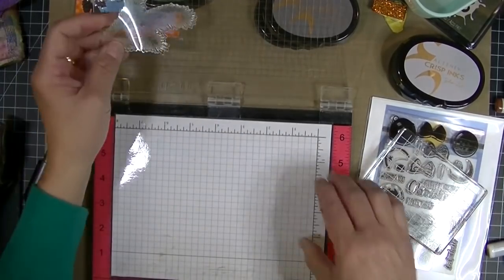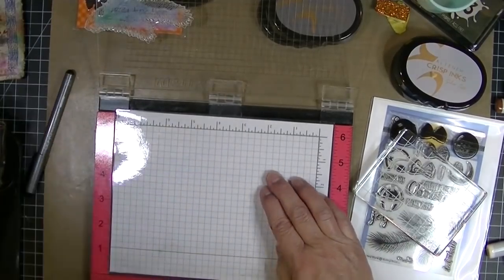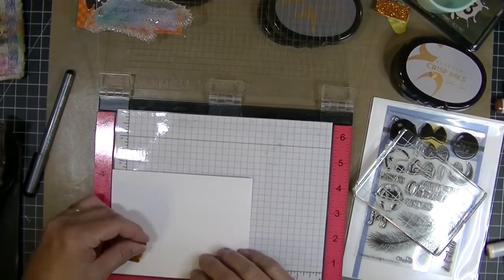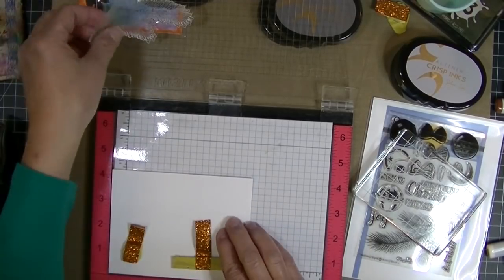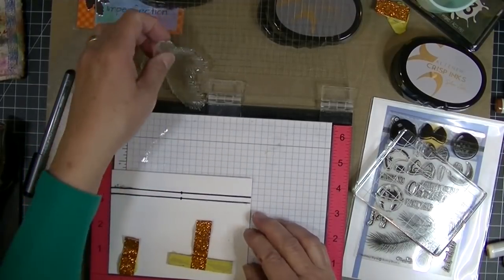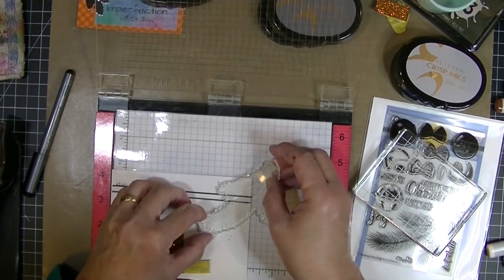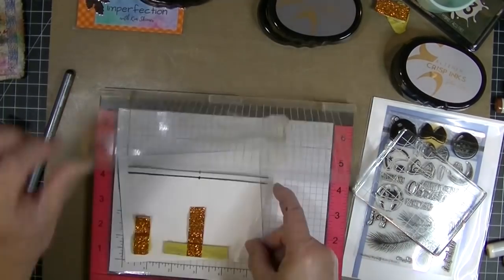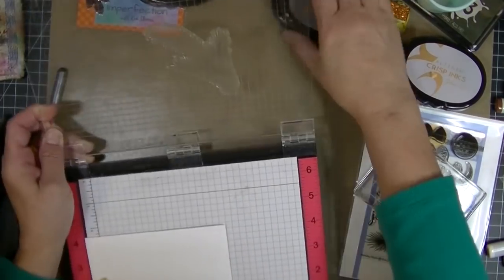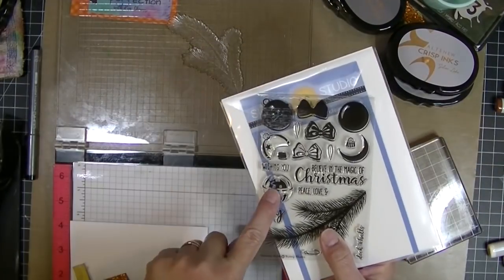Now I am pulling out my original size MISTI for this, because I'm going to overlap that pine bough on the side of the upper corner there, and this would not fit in my mini MISTI doing this. So since I already had stamped some ink on there, I put a piece of window sheet over the top. It's one of the templates I keep in a little folder on my desk to line up letters. And I'm using the MISTI